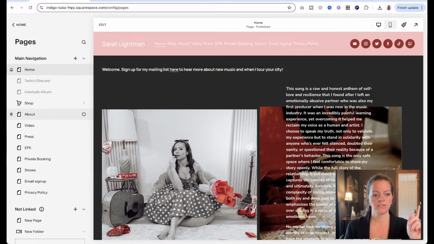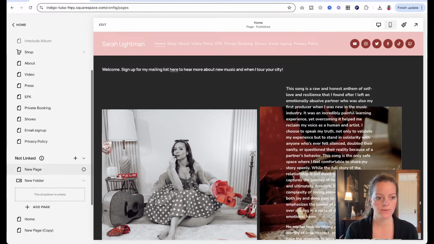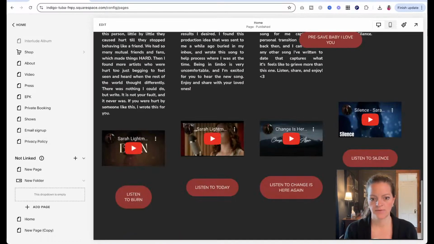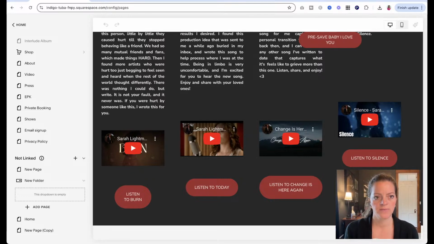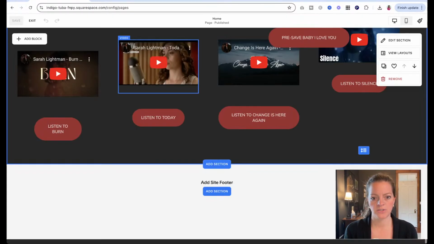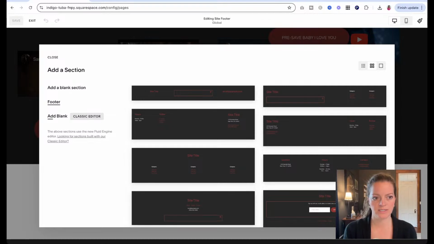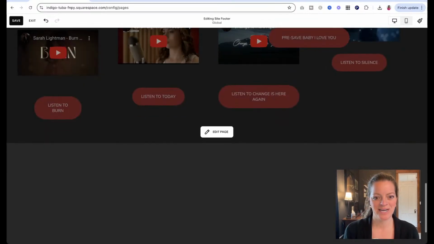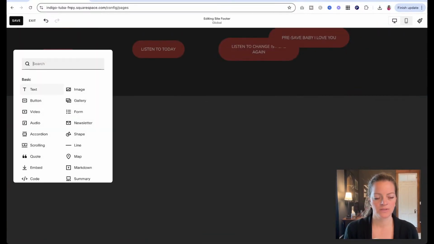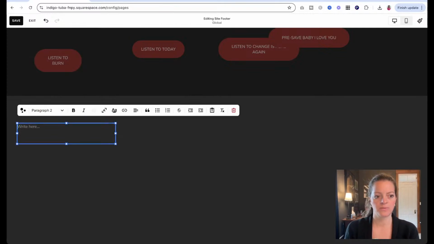Okay, so let's keep going with this main menu situation. What I would recommend doing, if I come down here, you don't have a footer on your site. So if I come into edit mode, you can do this on any page and say add footer. I'm going to do this and then you tell me if you want me to hit save or not. So I'm going to add a blank section. I always do, this is just my go-to for a footer. We can make it super tiny, but I'm going to say